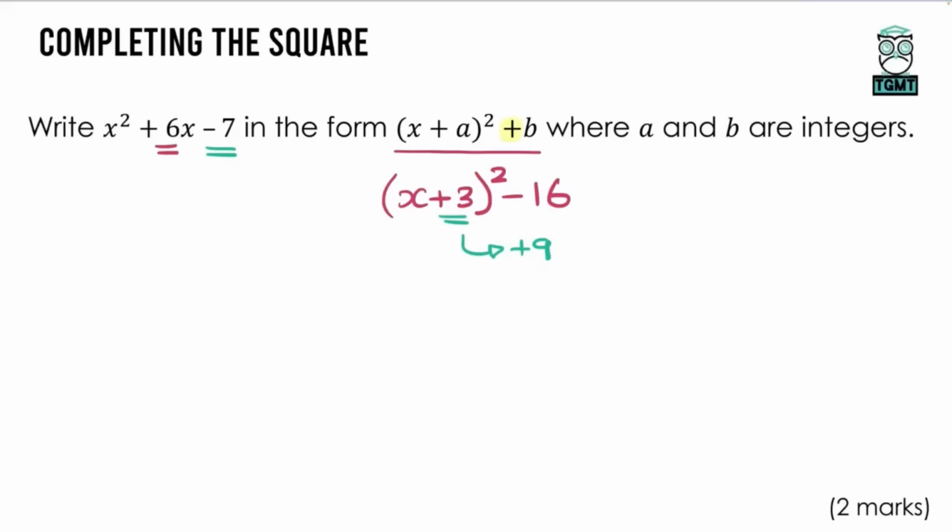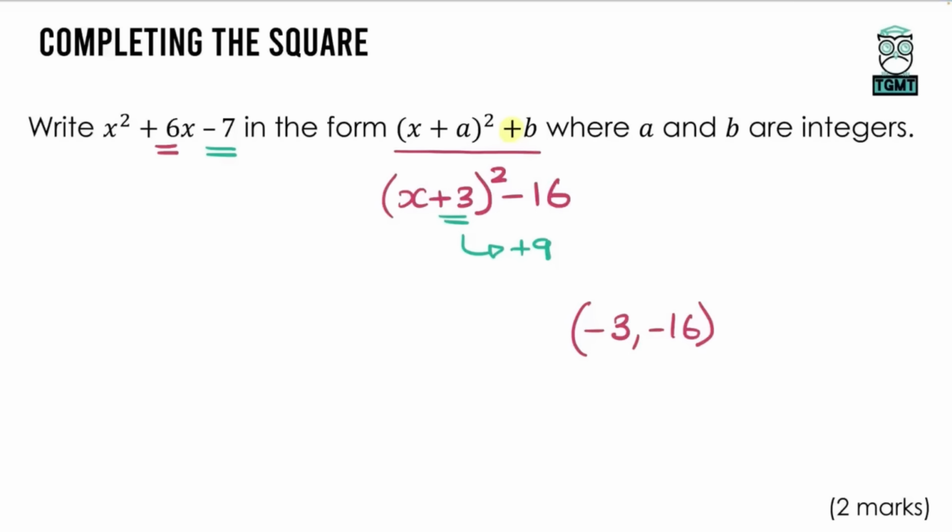That's absolutely fine. Our b is just negative 16. If you're asked to find turning points from this, remember that the turning points are the numbers that are shown in completed square form. The only thing that you need to watch out for, the x coordinate, is that number in the bracket, but you have to flip the symbol, so it'd be -3 and -16 for the turning point if we were asked to find it, but of course this question was just asking us to write it in